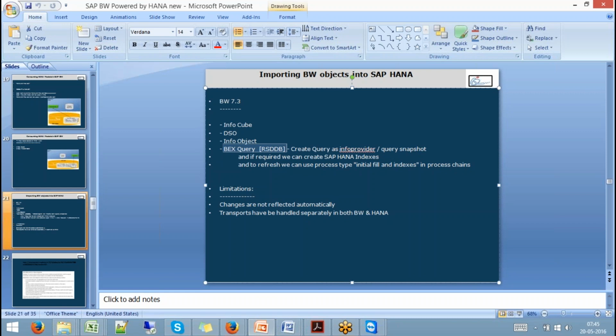Now the question is, let's say I have a requirement to import a multi-provider. Then what can I do? Can I solve this by creating a BEx query on top of this multi-provider, using the BEx query as info provider, and then importing that as a HANA model? Can we do that way? Yes. Okay. Next point to be discussed is, let's say